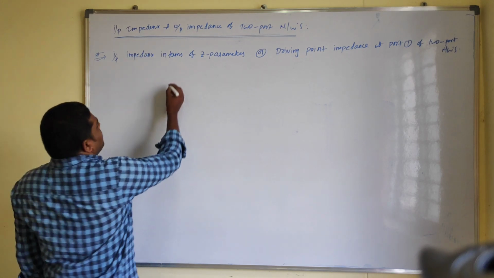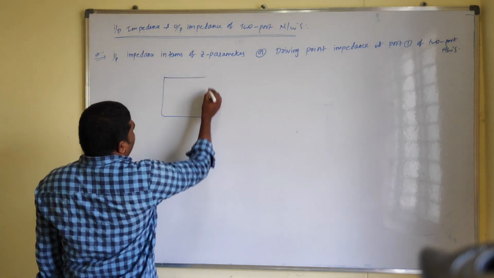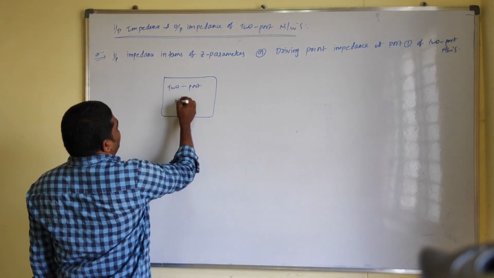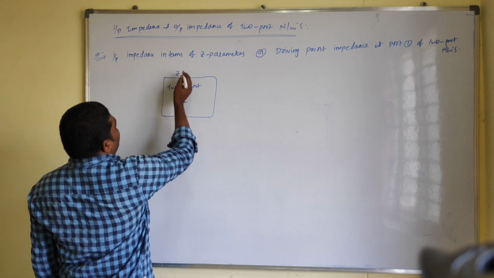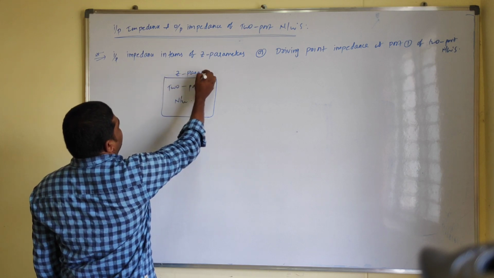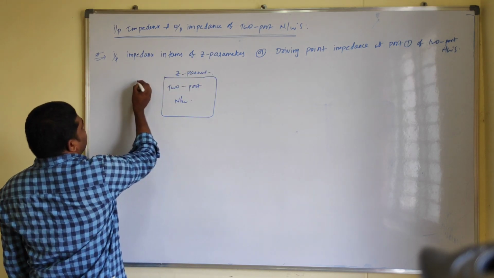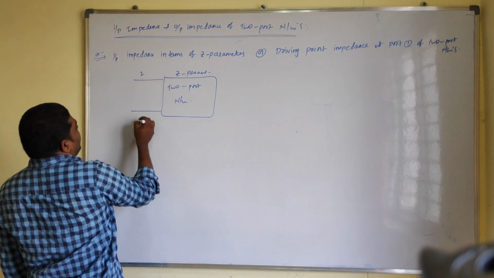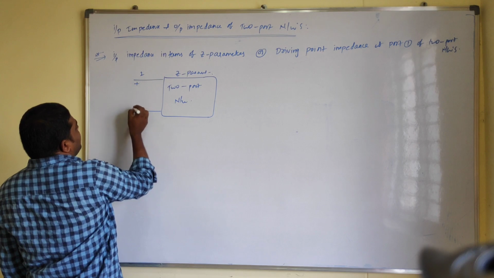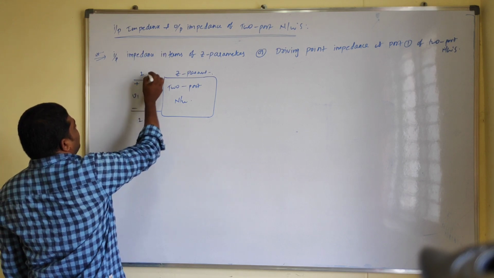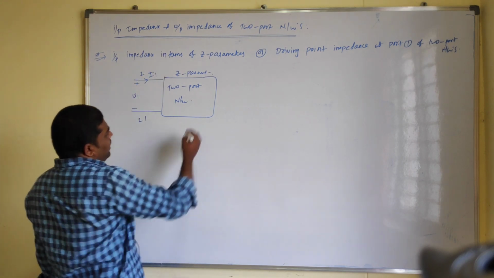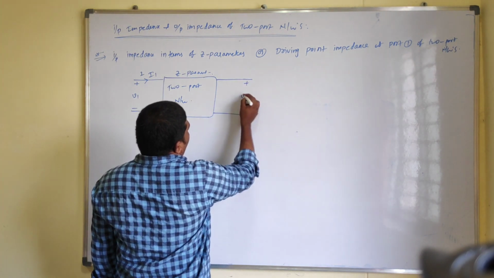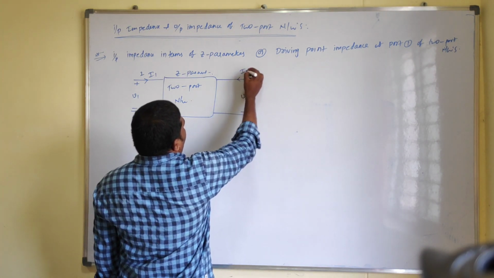So now this is our two port network. We can take the support of Z parameters here. We have port 1, with terminals 1 and 1 dash. The voltage drop here equals V1 and the current equals I1, and here is port 2, where we have voltage drop V2 and current I2.